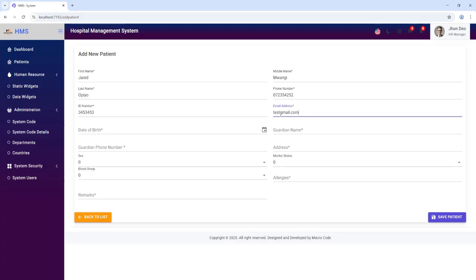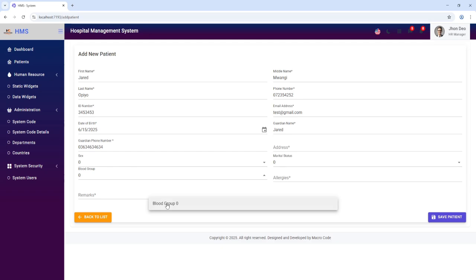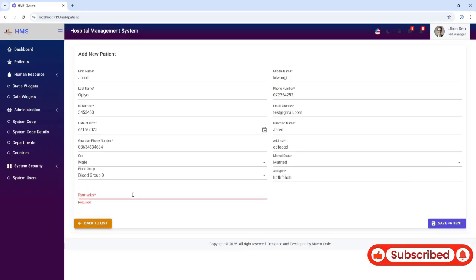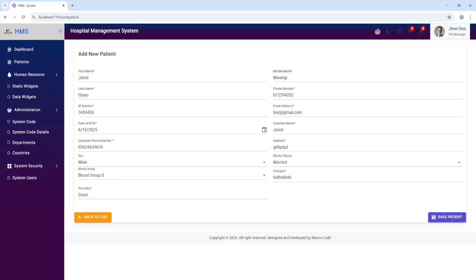Then date of birth, guardian name, guardian phone number. Then you can also have blood group, gender, marital status, address, then allergies, you can put in some. Then if I click save, so we should be able to get,